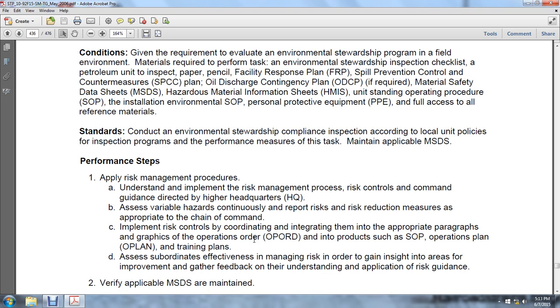Implementation of risk control is coordinated with the integration of the appropriate paragraphs of the operation orders into products such as standing operating procedures, operation plans, OPLANs, training plans. Assess subordinate effectiveness in managing risk in order to identify areas for improving, and gather feedback on understanding and application